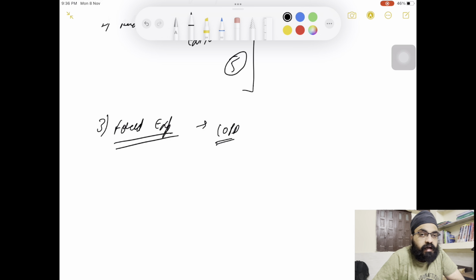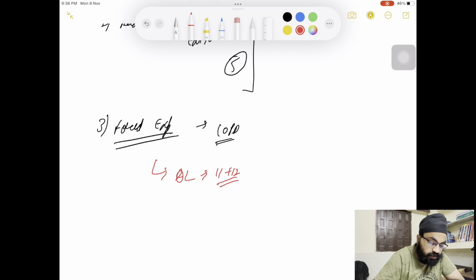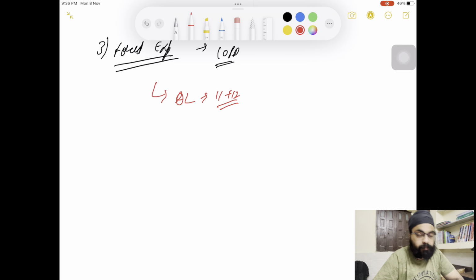COPD, like asthma, basically these patients are having problems with expiration. They are not able to expire. There is entrapment of CO2, so they need extra force, extra effort to expire. So certain muscles come into play over here. You have quadratus lumborum, that is attached to the 11th and the 12th rib. It basically holds these two ribs because these are floating ribs.